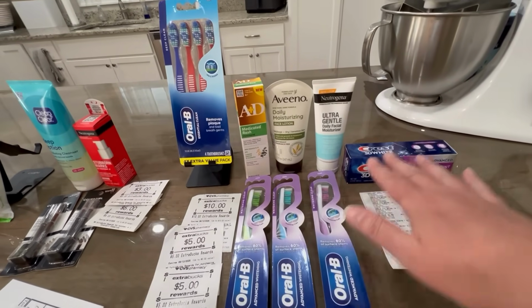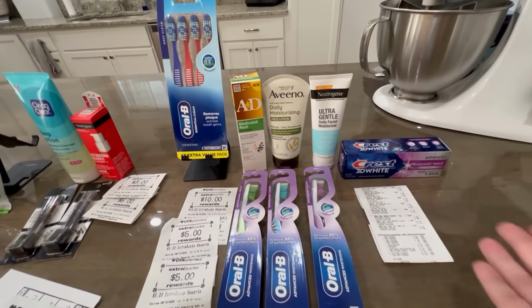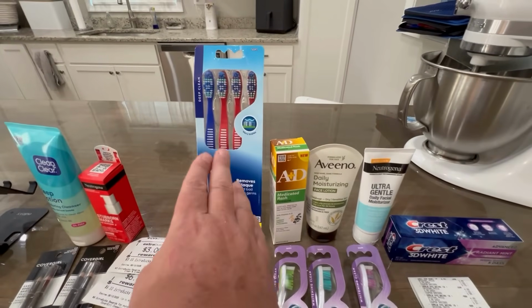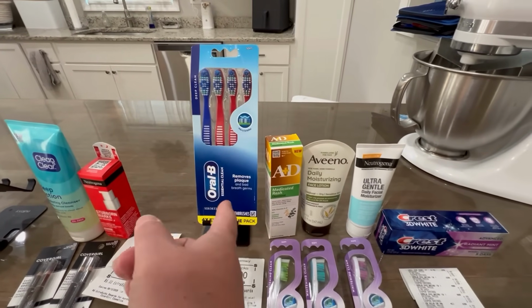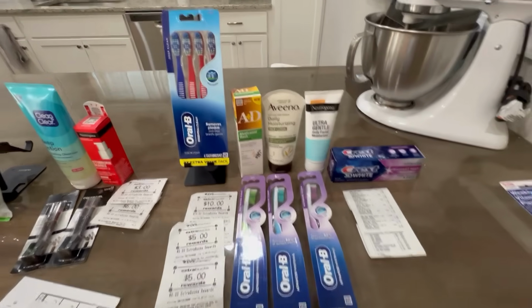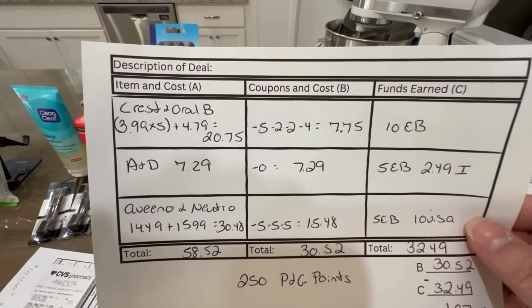So this deal here is the buy 2 at $3.99 and you get a $5 extra buck. That's a limit of 2. This one's actually part of the spend $20 and get a $6 extra buck. So I do have a little bit tracking towards that deal now if I wanted to go back and complete that on here. So it's $3.99 for the